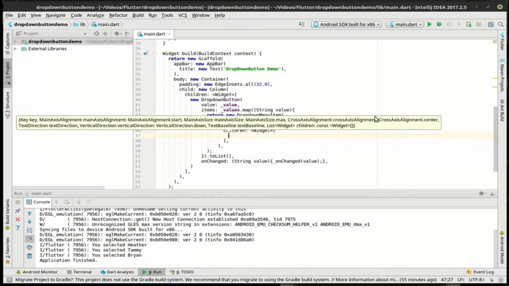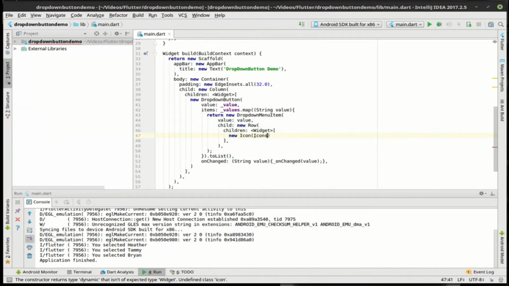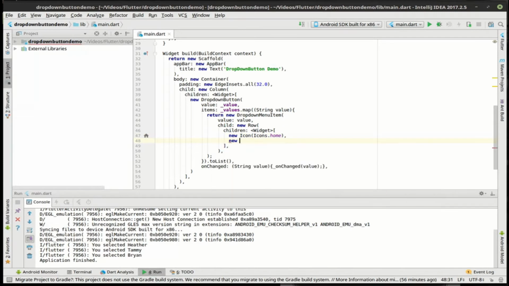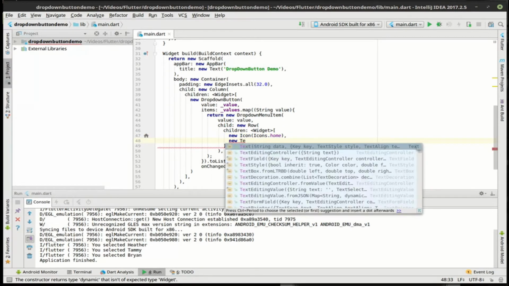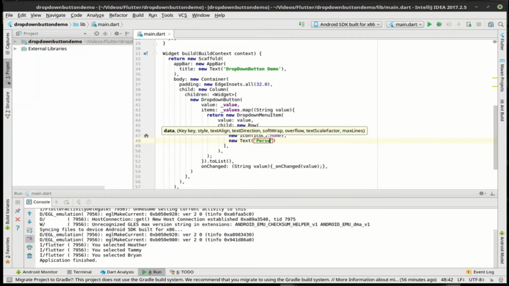Children is going to be a list of widgets, and we're going to say new icon, icons.home, new text. And we are going to just format this. We'll say person is, we'll say person, here we go,